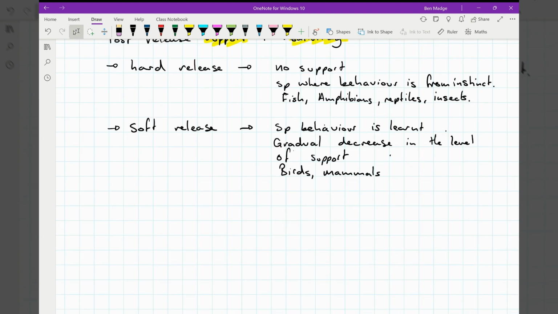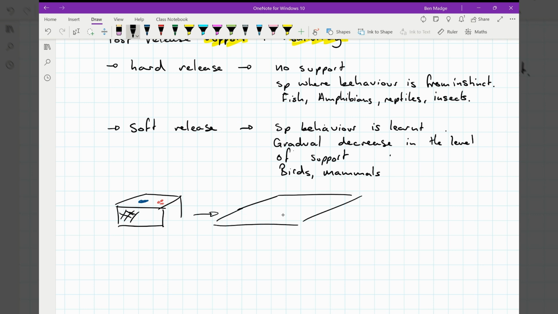And it could be that we release our organisms into a relatively small caged area where we provide them with food and water. And then as they become more independent and learn more about their environment, we introduce them to a larger enclosure,